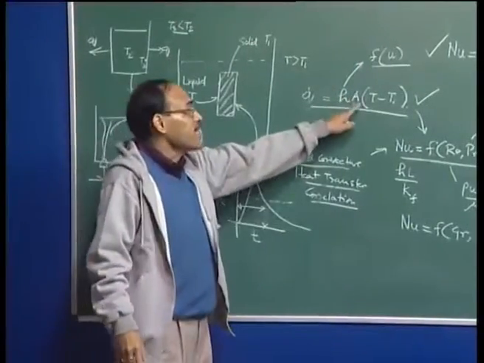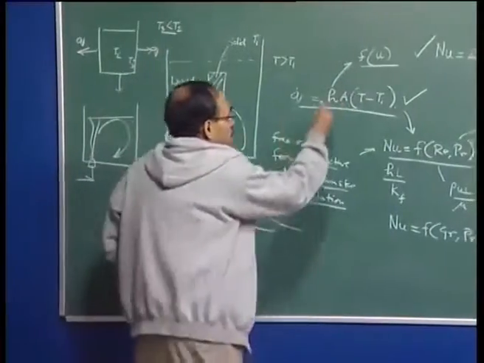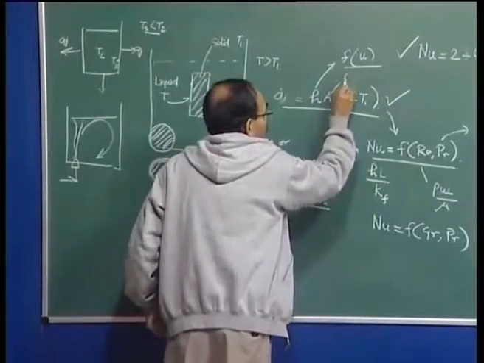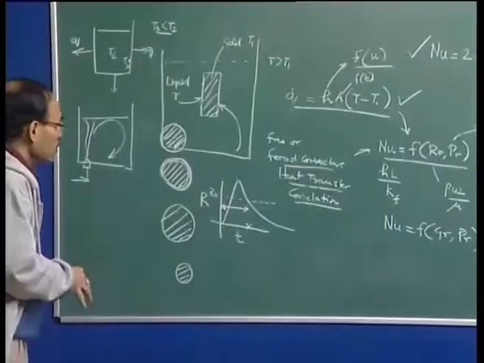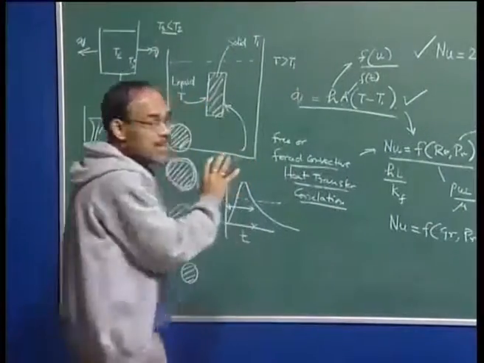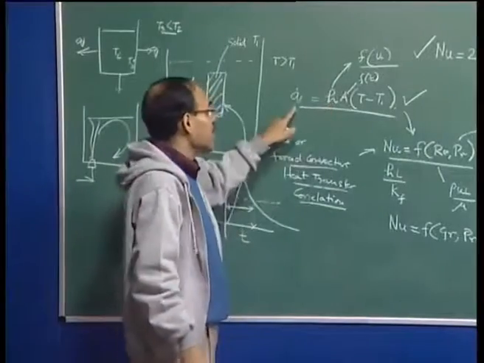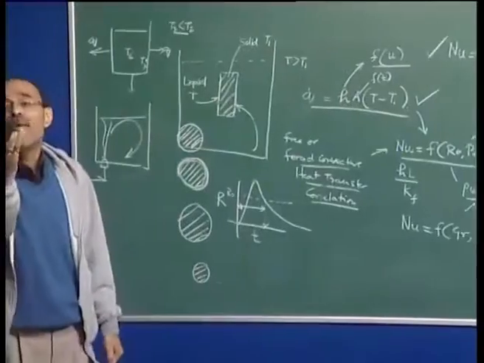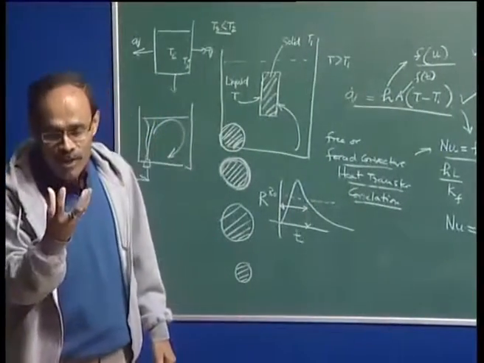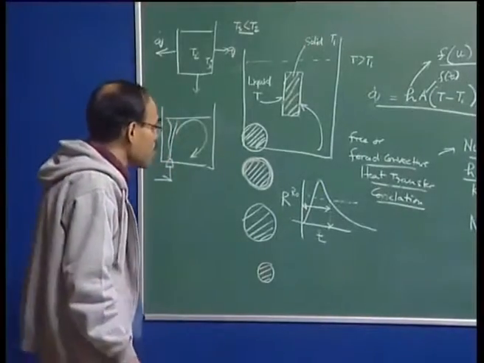So, taking an initial area is going to be highly misleading in this particular case. So, this A is going to be a function of time. Now, therefore, the task is really not as simple as obtaining the value of heat transfer coefficient and then substituting it into this equation. This is typically called a moving boundary problem. When you have a solid whose size is changing because of the processes taking place in the system,